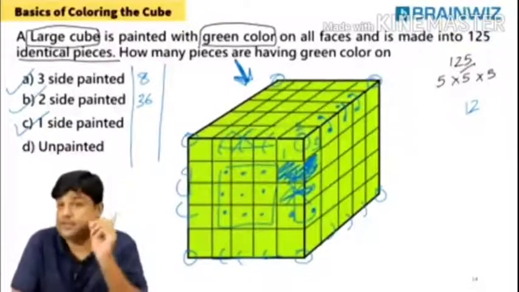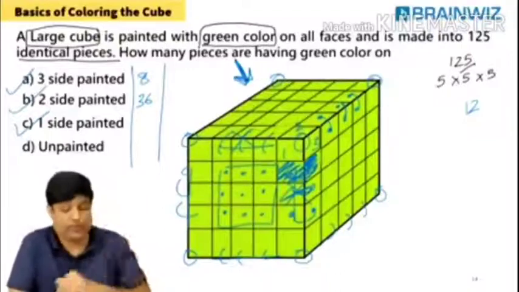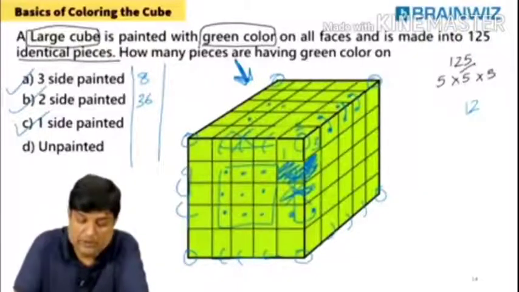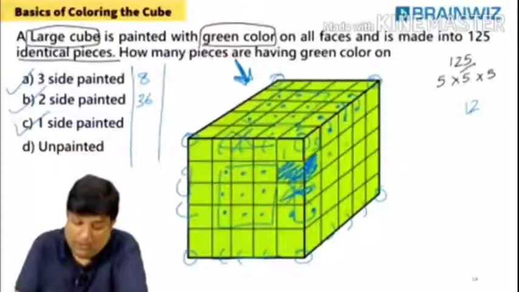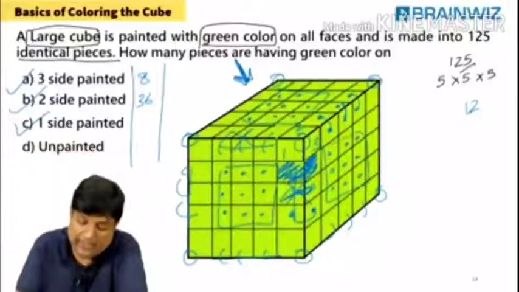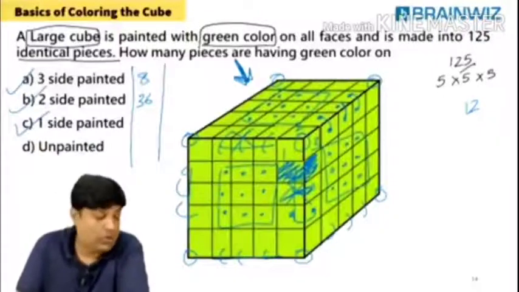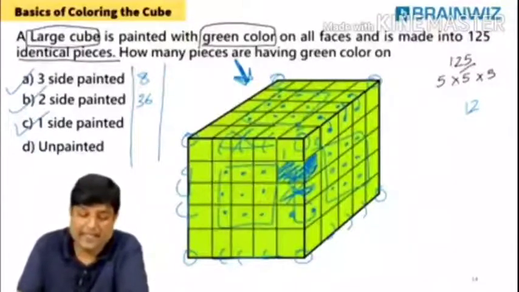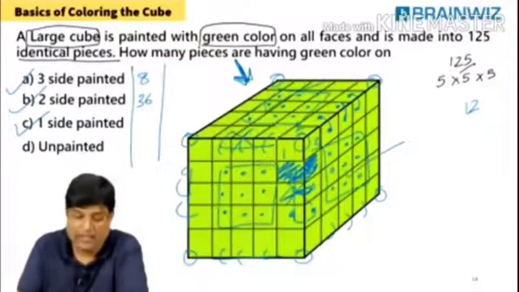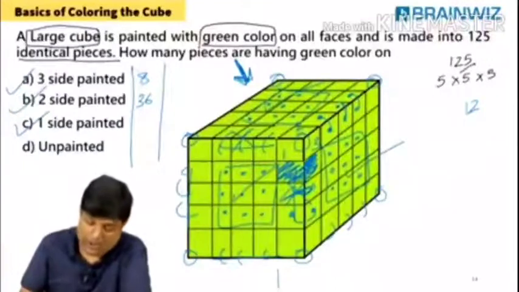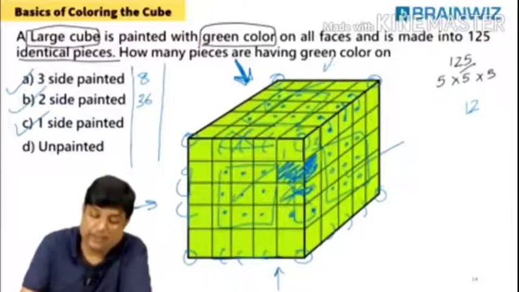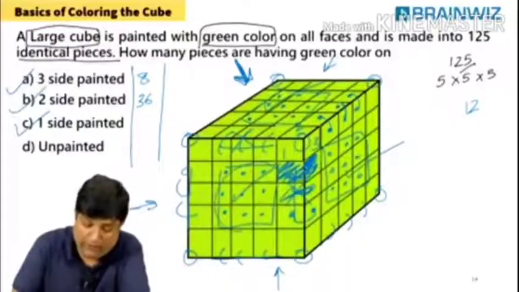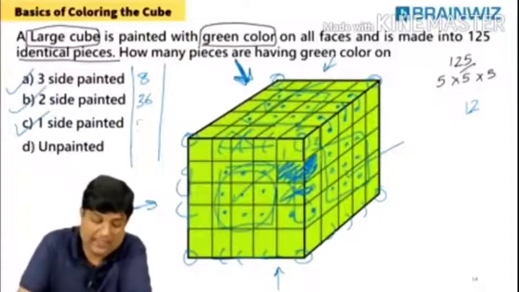But is this the only 9 which you are finding here? No, sir. See on the top. You will find 1, 2, 3, 4, 5, 6, 7, 8, 9, 9 on the top also, students. So on every face 9, 9 on the top, 9 on the right, 9 on the front, 9 on the bottom also, 9 on the left side also, 9 on the back side also. How many faces? On every face you have 9. Tell me how many? 9, 6.